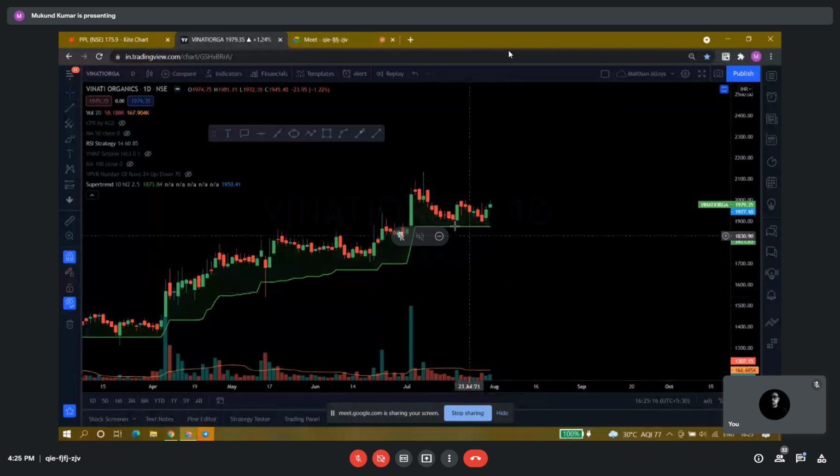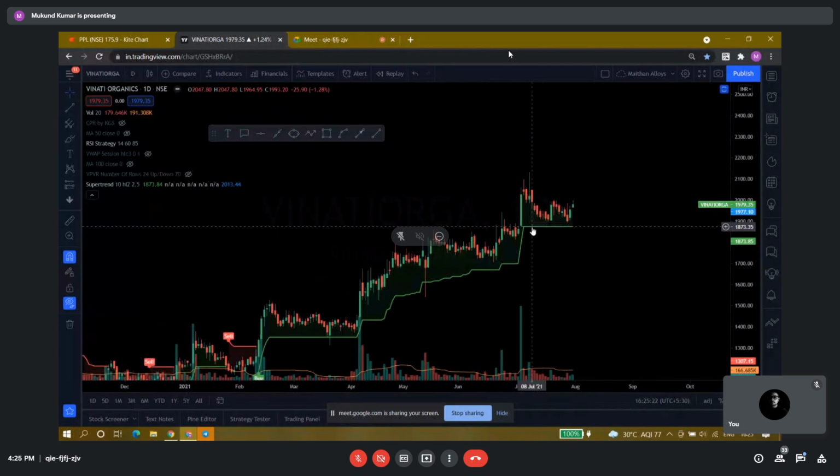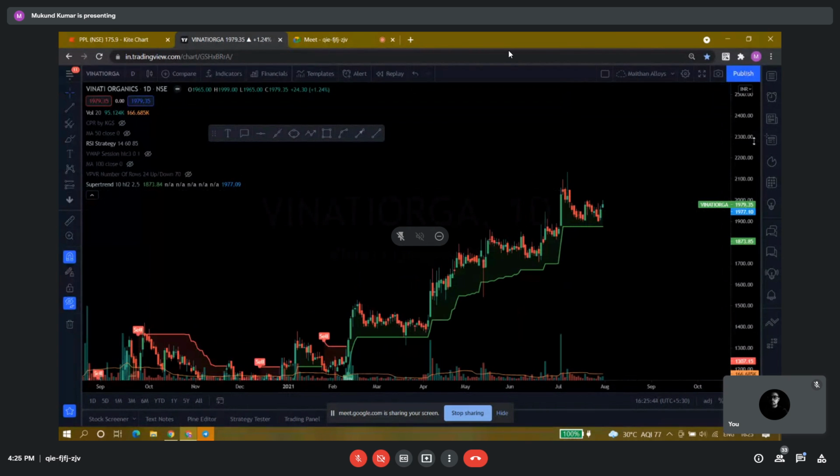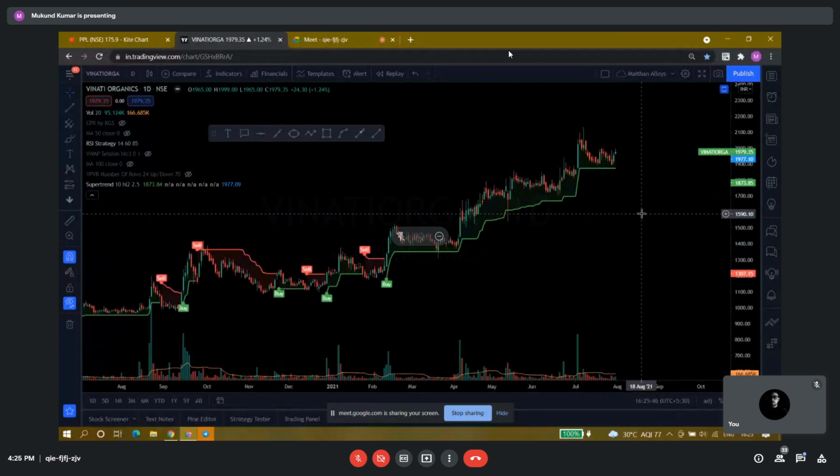And further, you can see that the stock was consolidating and it has bounced here. And again, it was consolidating and again, it has bounced here. Obviously, I expect that the stock will open higher from this particular consolidation. This is basically a resistance level you can see if you see this chart. It is a small resistance, not a major resistance level, but I think the price will open above this, and I think there will be a good volume. This is my own expectation because the results are very good and the company is fundamentally sound.